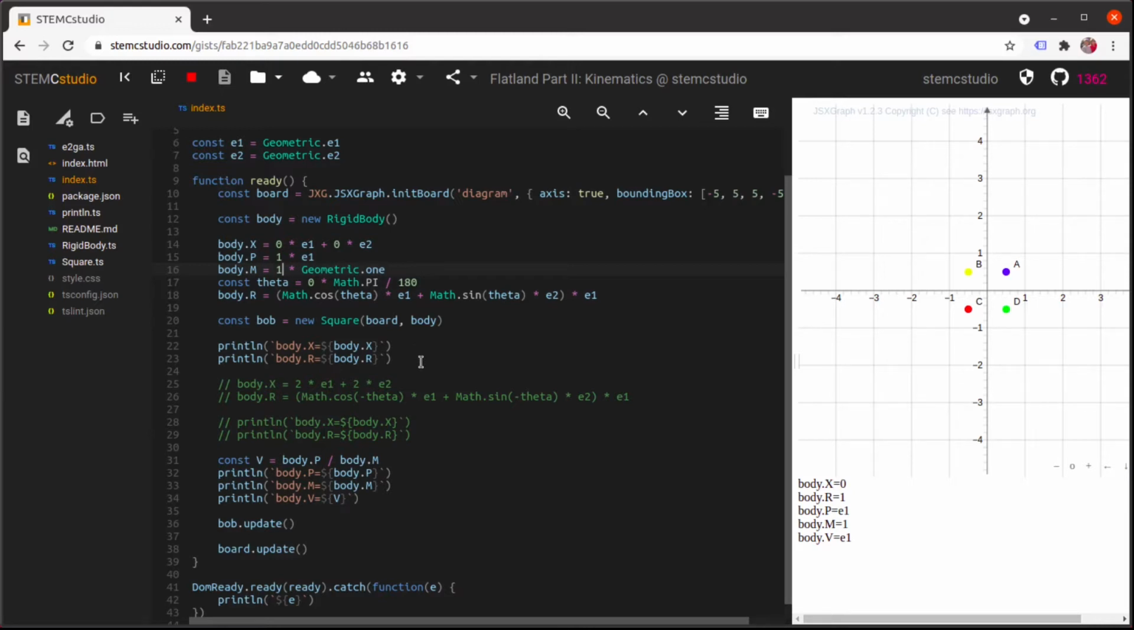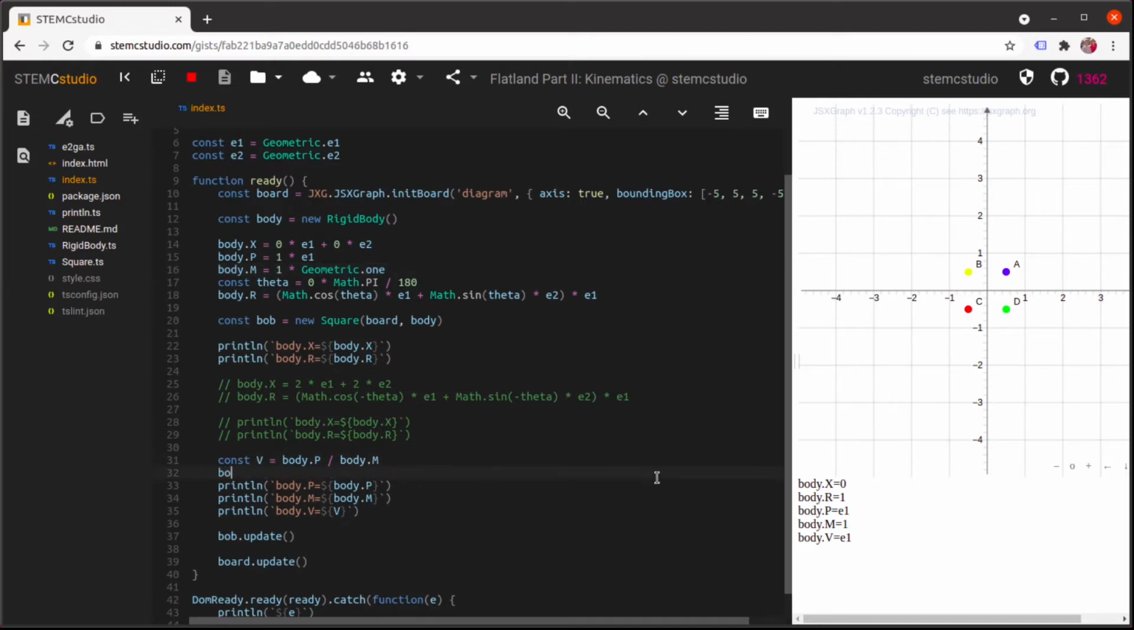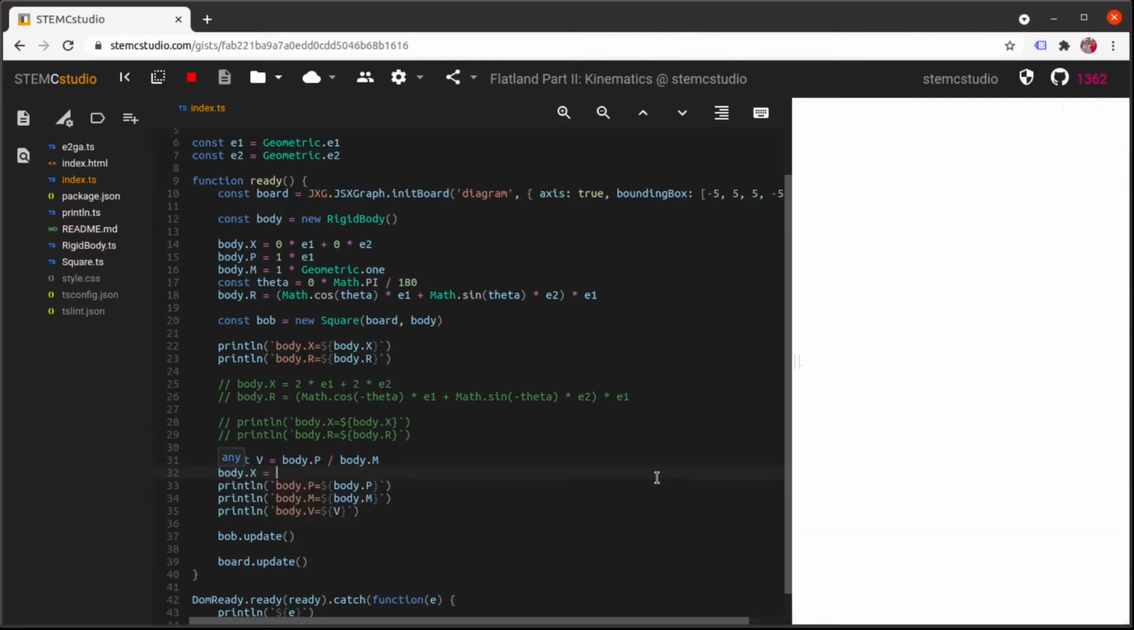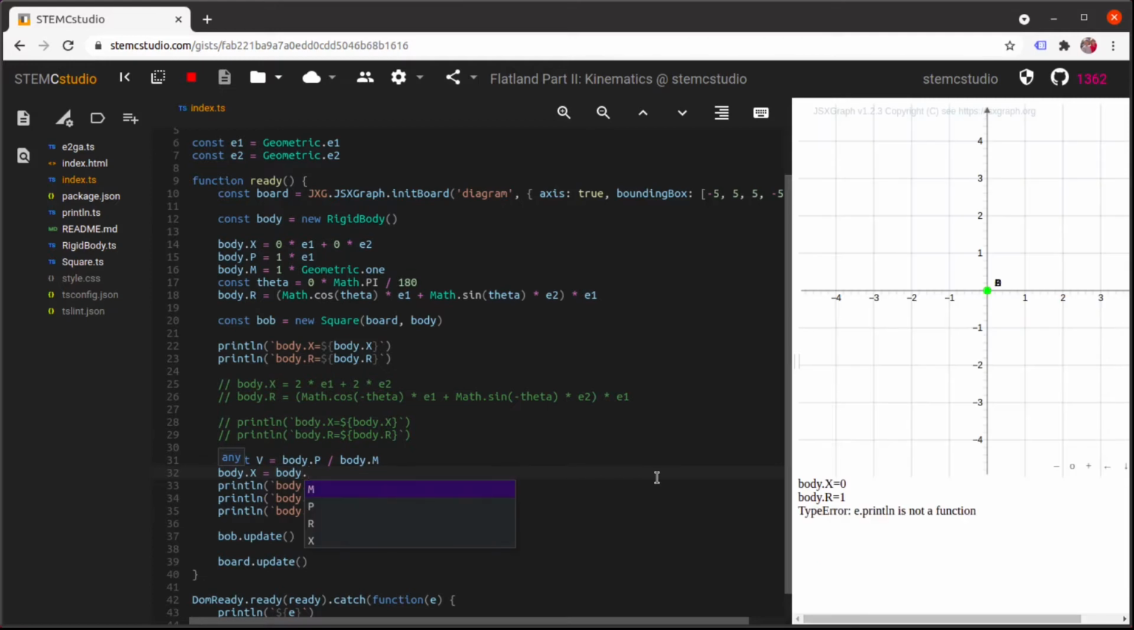And yeah, what are we going to do here? So yeah, we want to move this body along. So what we need now is an update rule, like the body dot x is equal to the body dot x plus the velocity times, and we want delta t. So to get delta t, if you go to the keyboard